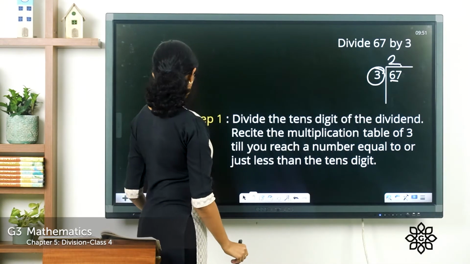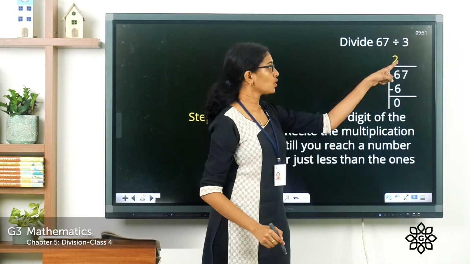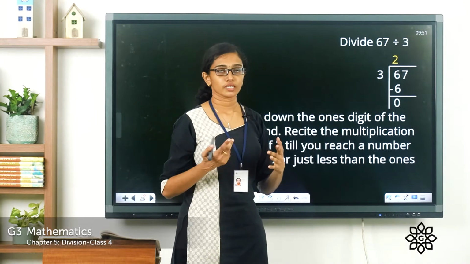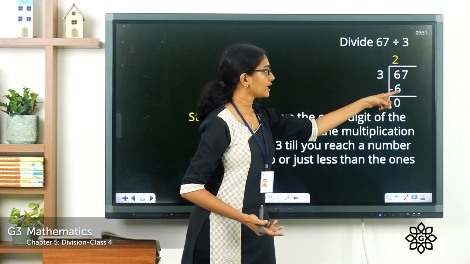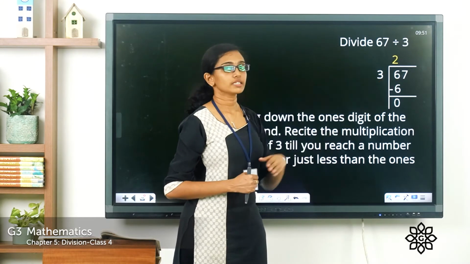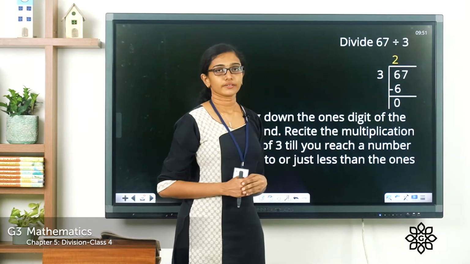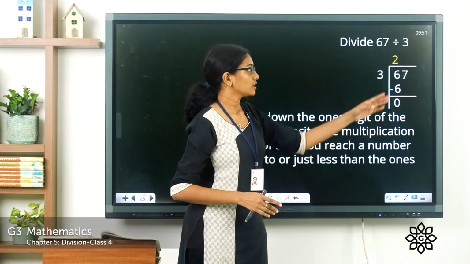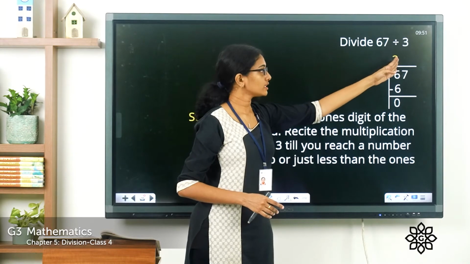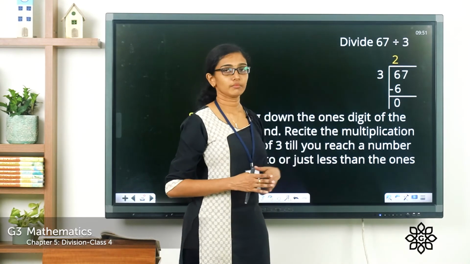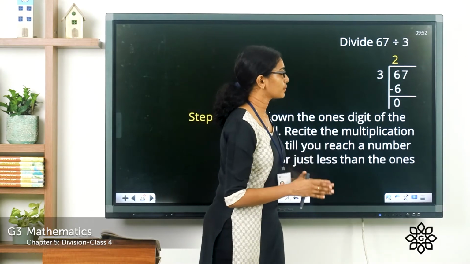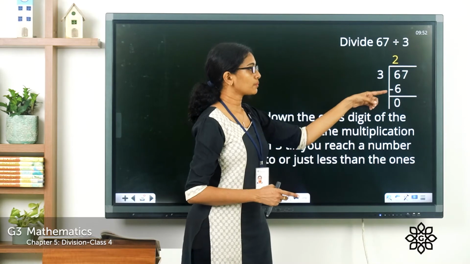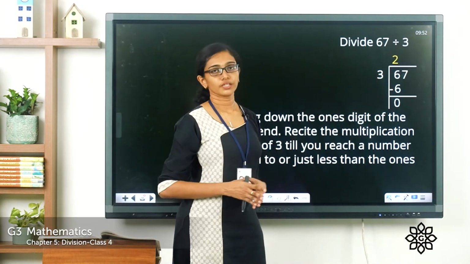And what is the next step? The next step is to multiply that 2 by this 3. So, 2 into 3, which is equal to 6, and that 6 we write just below the 6 or the tens digit in the dividend. See, make sure you're writing all the digits in the proper places. Here the tens digit of the quotient and the dividend are on the same line. So when we proceed, we have multiplied 2 into 3 and we have written that 6 here. Then we subtracted 6 minus 6 is equal to 0.